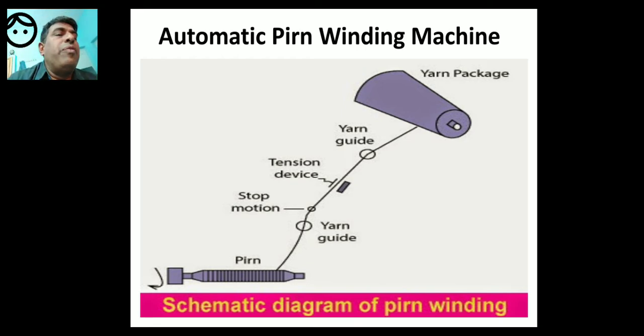So you will see in the coming slides the chase length and traverse guide. There will be a traverse guide, and there is a bunch length. There is a bunching mechanism there. So these are the terms that are frequently used in the automatic pern winding mechanism. So full bobbin indicator, and